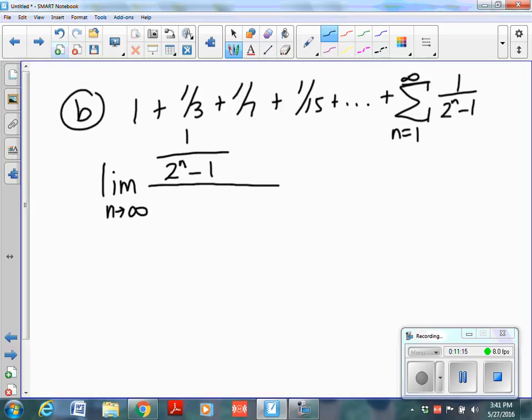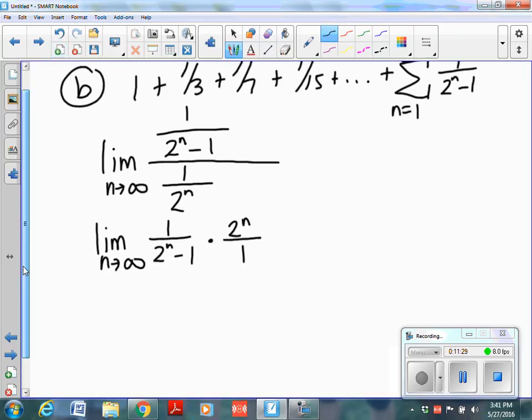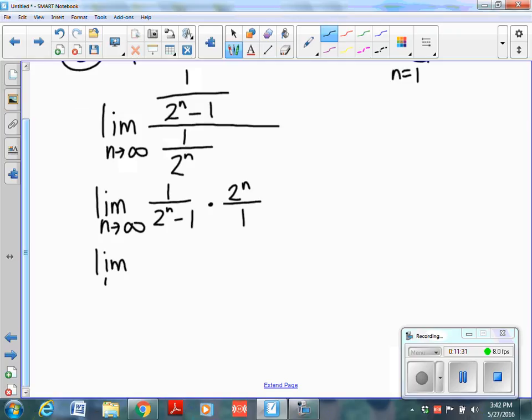My most basic one for that one would be 1 over 2 to the n. And then I do the limit as n approaches infinity of 1 over (2 to the n minus 1) times 2 to the n over 1, which turns out to be the limit of 2 to the n over 2 to the n minus 1,